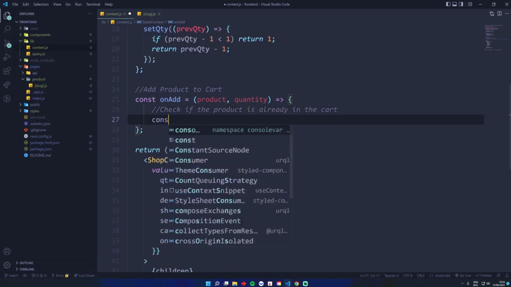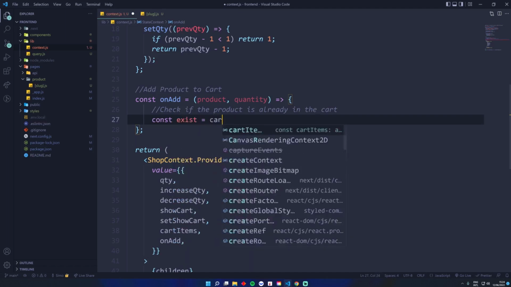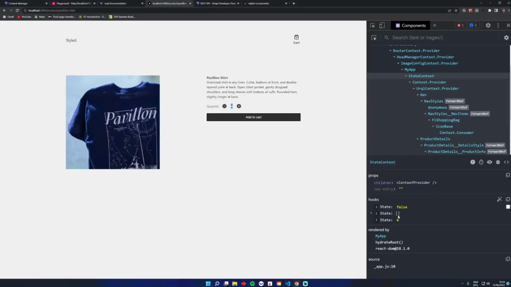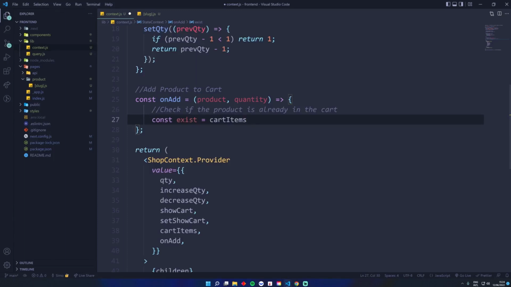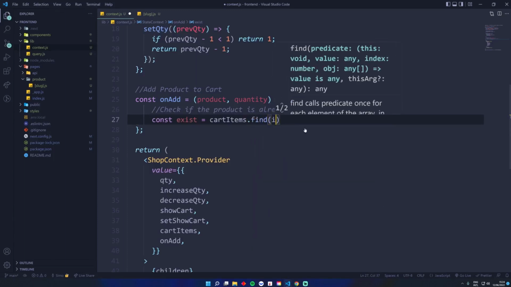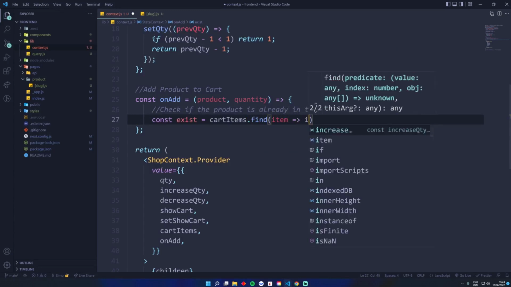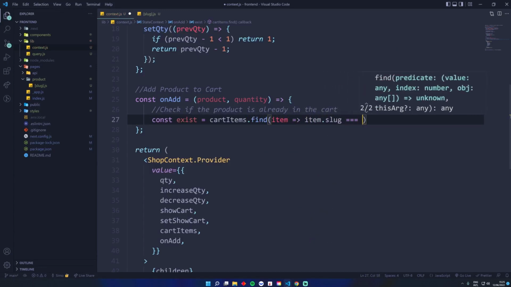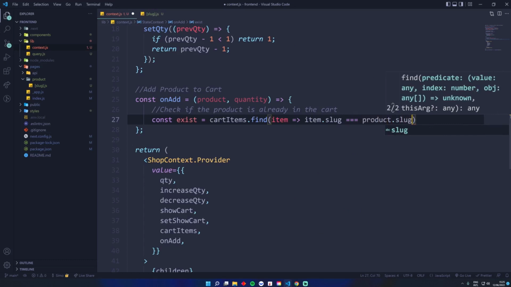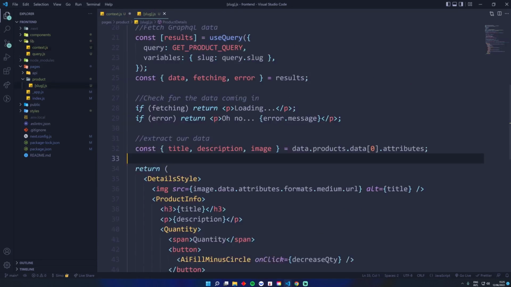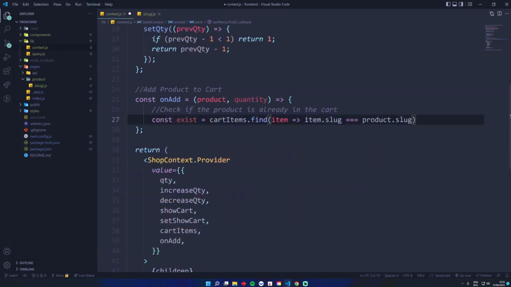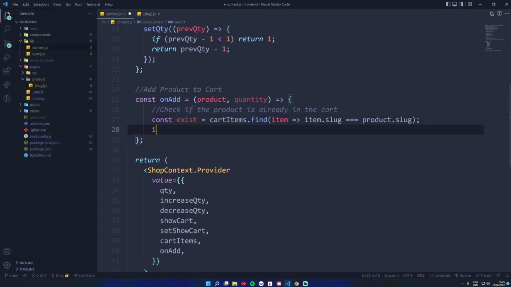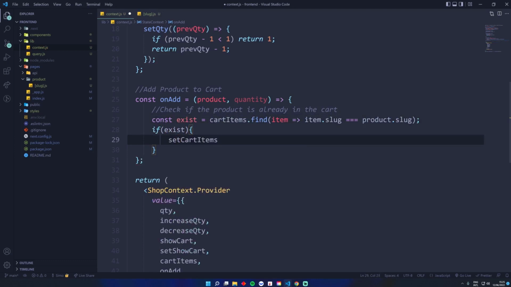And the way we can do that is say const exist is equal to cartItems.find. So we're checking this array here, this empty array from our state. We're going to find an item, and if the item.slug matches the product.slug, the product that we're actually passing in from here, then it's going to return us an exist here. So if it exists, if exist, then I want to set the cart items,